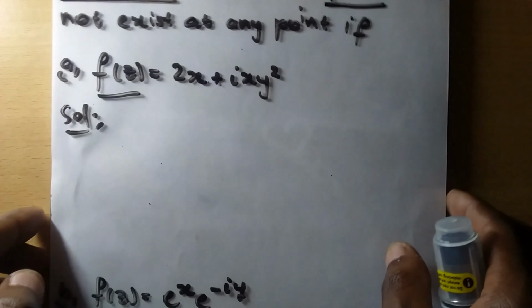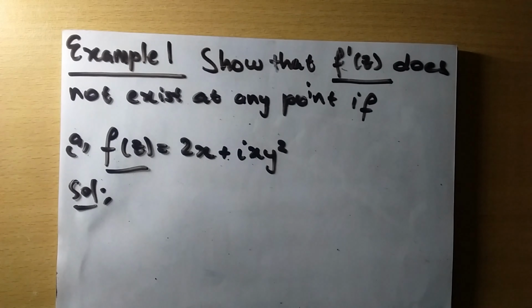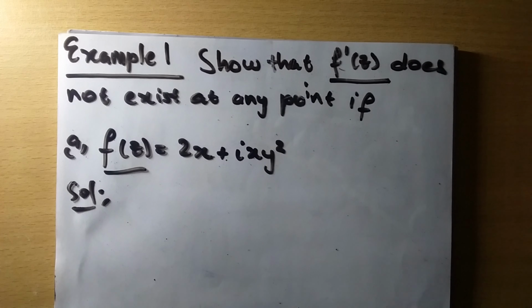Let us check an example. I don't want us to work too much or work over the video, so let us just look at these ones. The first question says: show that the derivative does not exist at any point of f. For the derivative to not exist,